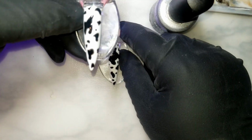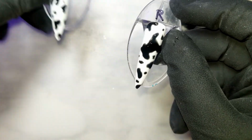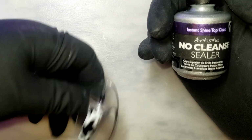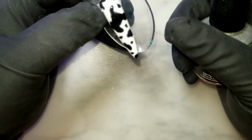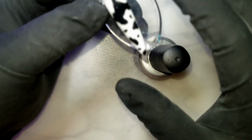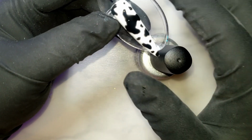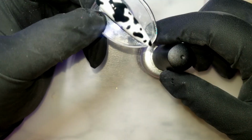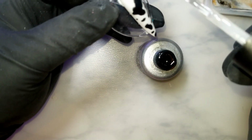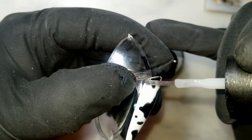Okay, so once they've cured like so, I'm gonna go in with my Artistic No Cleanse Sealer, which is just a top coat. And you can do this one of two ways, and I might switch off because there's some areas that are a little bit smaller and are gonna be harder to get to. But you just take your brush, wipe against the side so you don't pull too much product, and I'm just tracing the cow print